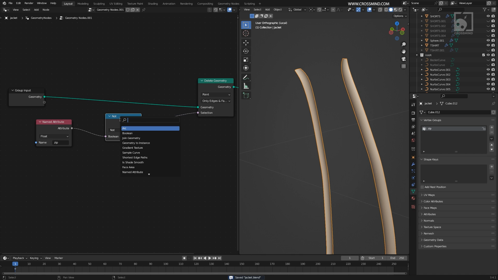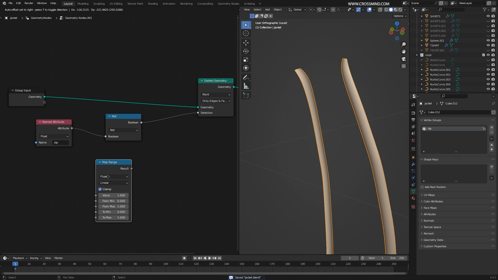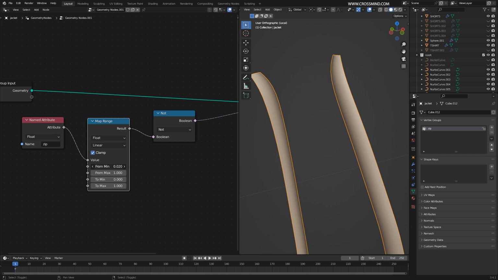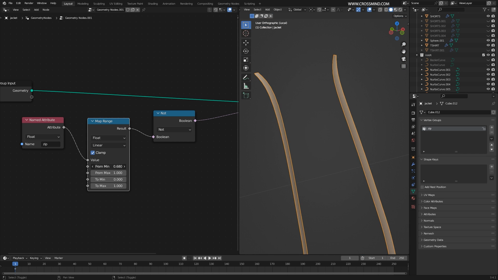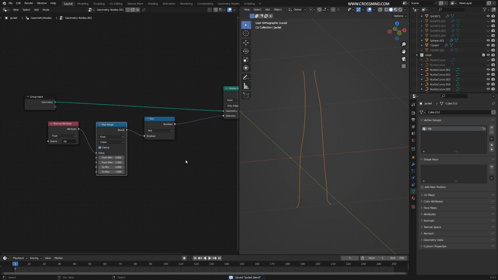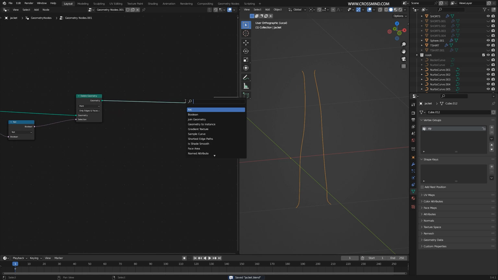So what we can do is bring one map range and put this right after the attribute, and here we can start adjusting. Basically we can shrink and expand this selection. So now we are only left with that particular edge. And now if I bring mesh to points